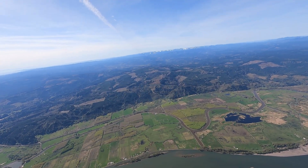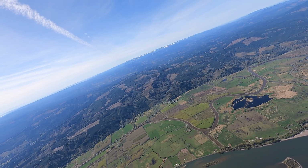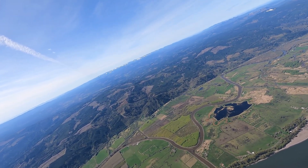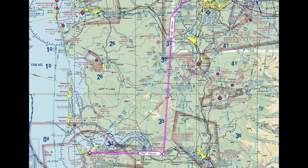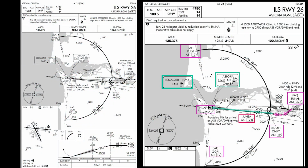Spring finally arrived in the Pacific Northwest, and I took advantage of the first mostly sunny, warm day in several weeks to fly a final shakedown cruise in the A-36 before another long flight to New England. I launched VFR from Boeing Field in Seattle and aimed for Astoria, Oregon, which lies at the mouth of the Columbia River. After picking up VFR flight following from Seattle Approach and Seattle Center, I flew a practice and scenic